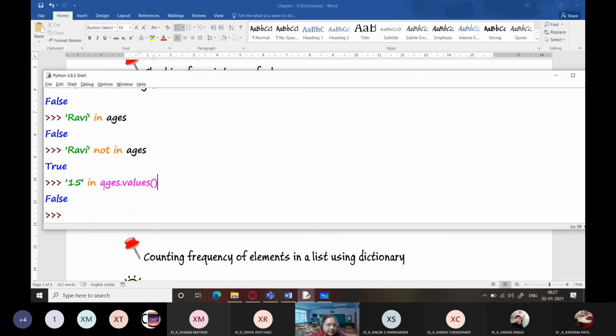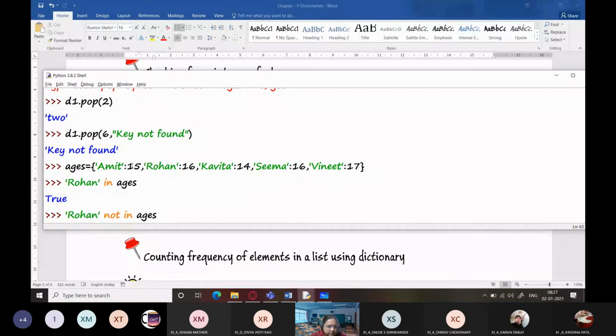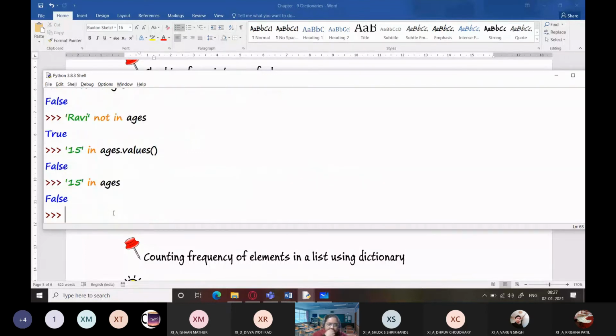So we will be writing 15 in ages dot values. If you simply write 15 in ages, this will give me false. Just give me a moment, I think I missed something.